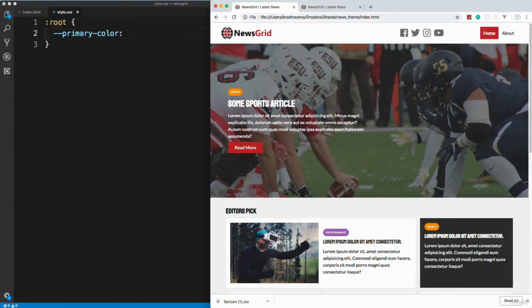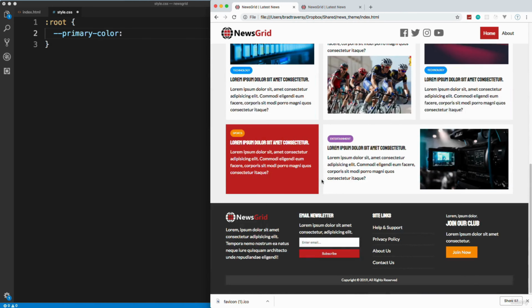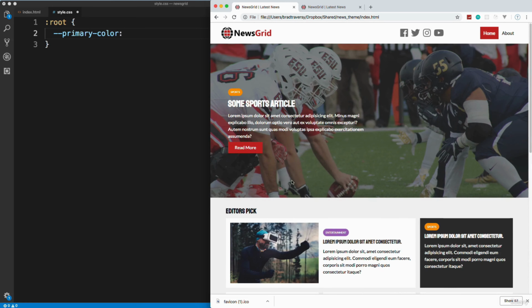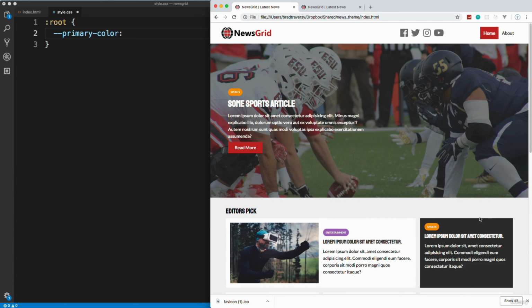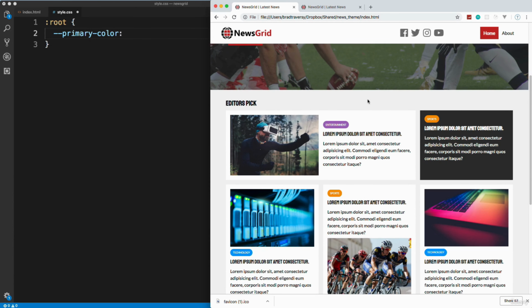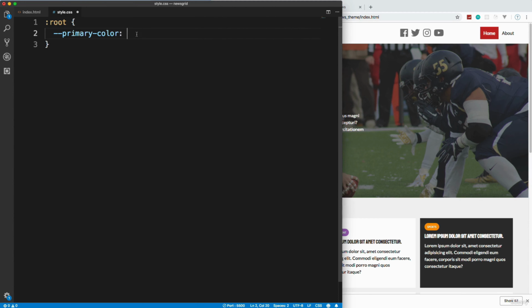So basically, if we look at the project, this color here that you see, this button, is going to be the primary color, and then this orange color that this button has is going to be the secondary, and then we're also going to have a light color and a dark color. Okay, so this will be the dark, and then the background here is going to be the light. So the red is going to be hexadecimal C72727. Okay, then we're going to do secondary color,